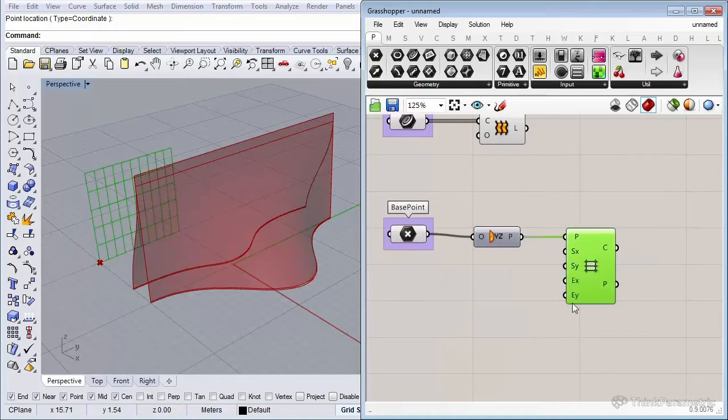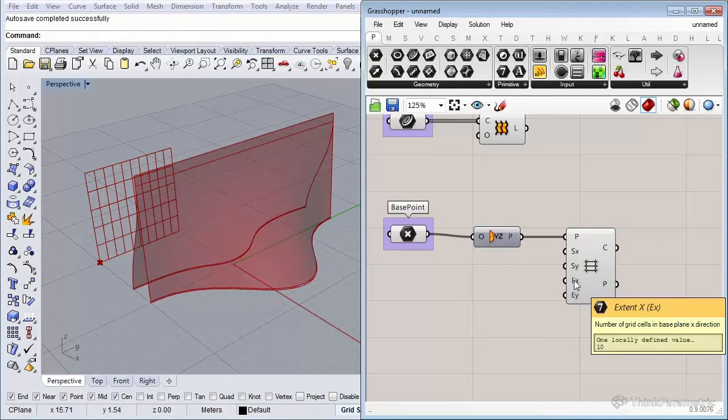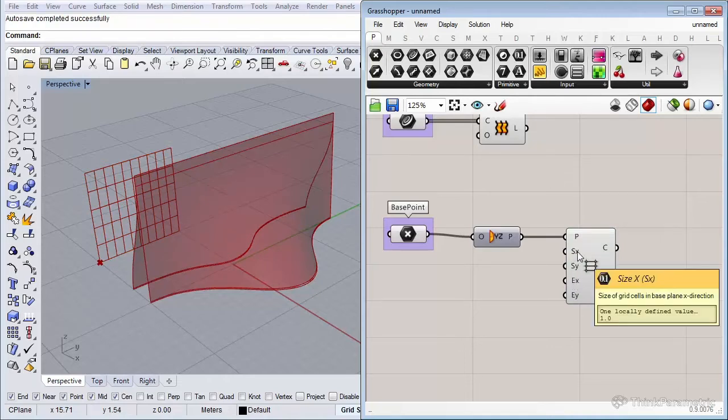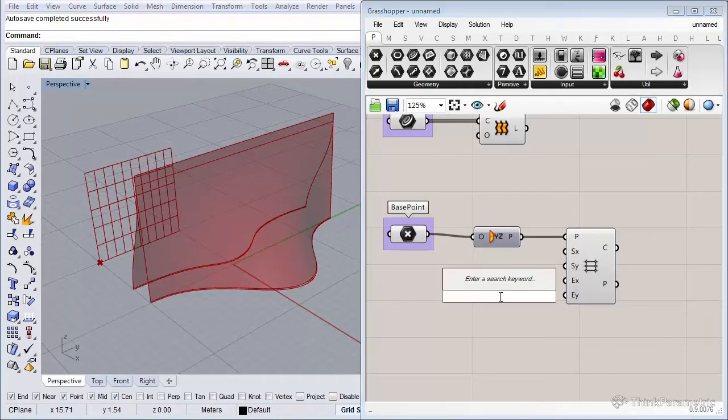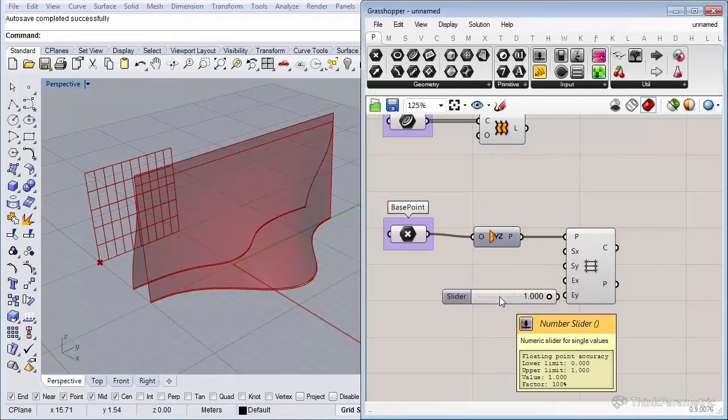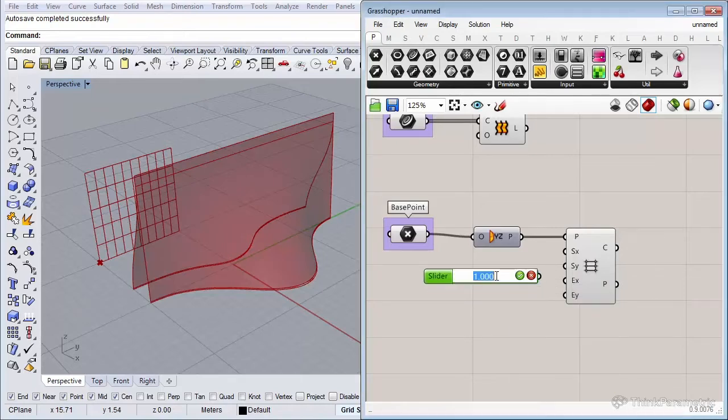So let's also change the settings a little bit because it's set to a distance of 1 and 2 meters. So the SX is 1 and the SY is 2 meters. So let's insert a number slider. And let's set the SX to 0.5, so half a meter.